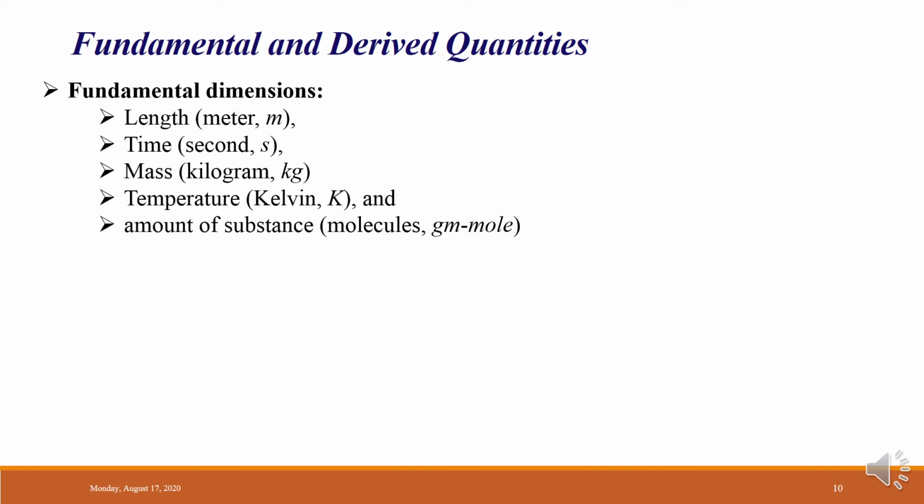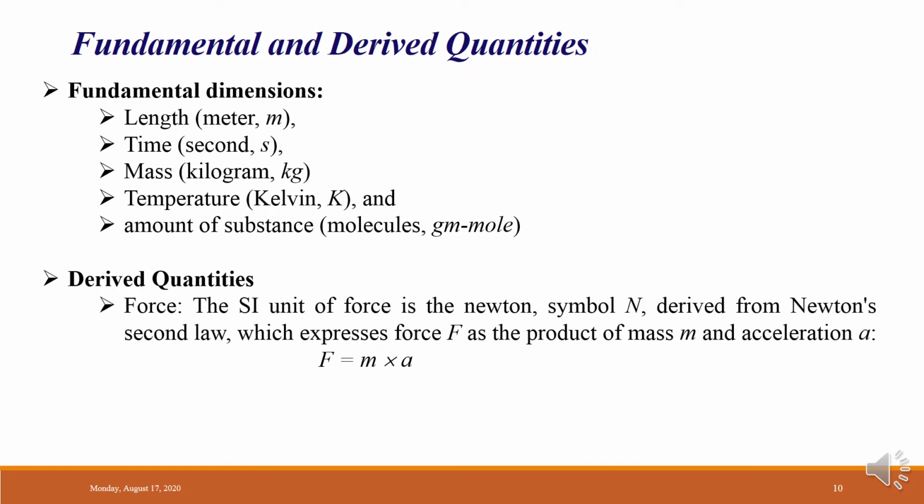Here, amount of substance, that mass, is in kilogram and this is in gram mole, right? So what are the derived quantities? First one you can say force. Force, its SI unit. So here its unit is Newton. SI unit is Newton. Its symbol is N, and it is derived from Newton's second law, right, which